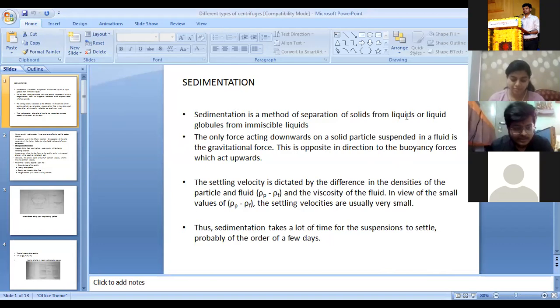So the main important principle behind this sedimentation is to separate any suspended solids in a liquid. You need to allow it for some time. It depends on the density of the particle and the density of the fluid. Okay, so the main force of this